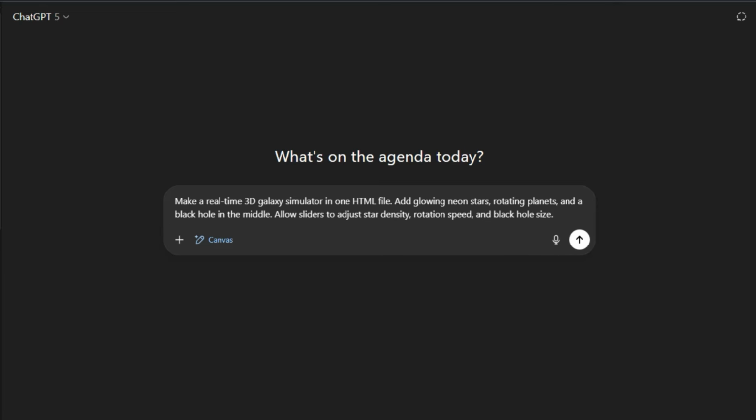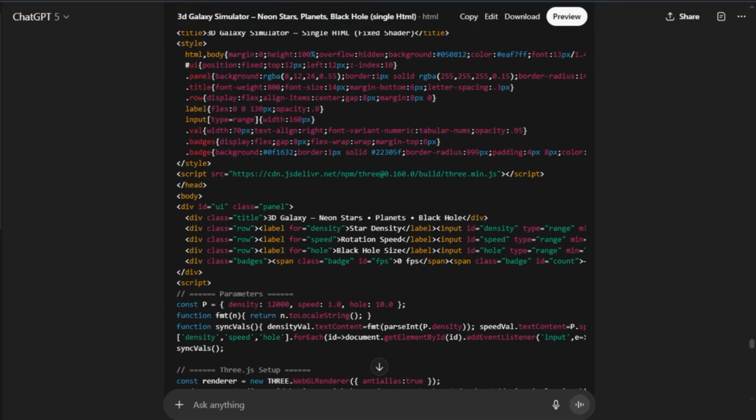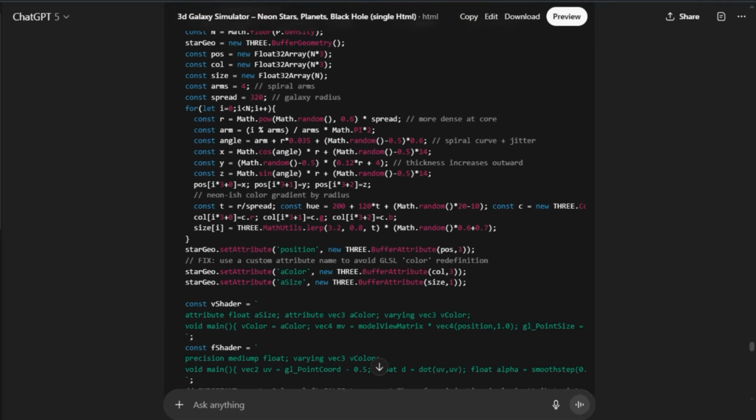Next, let's get some cosmic. Make a real-time 3D galaxy simulator in one HTML file. Add glowing neon stars, rotating planets, and a black hole in the middle. Allow sliders to adjust star density, rotation speed, and black hole size. This prompt is all about scale and beauty. Glowing neon stars, rotating planets,